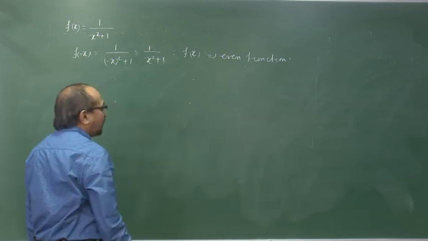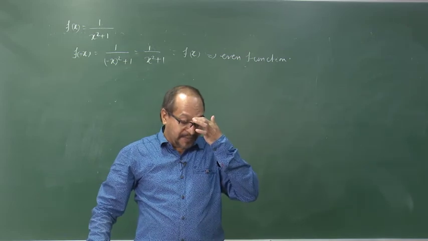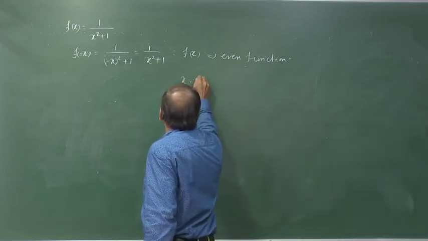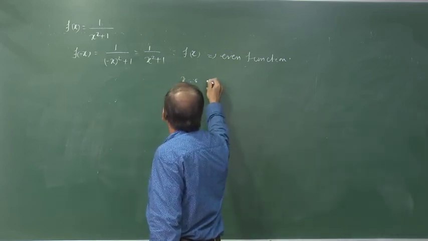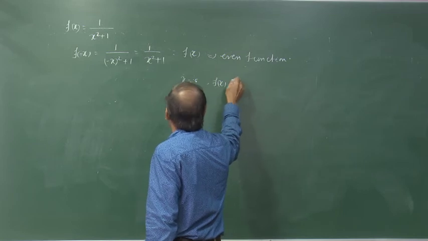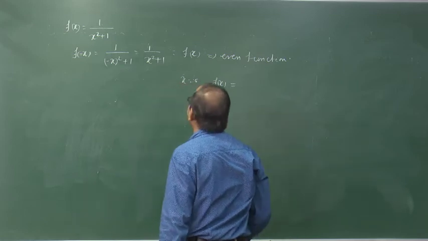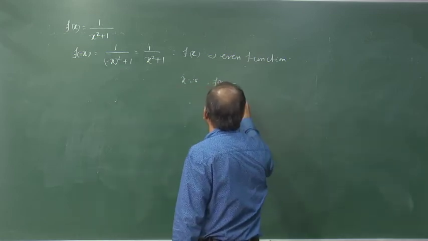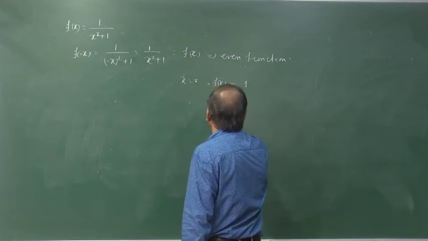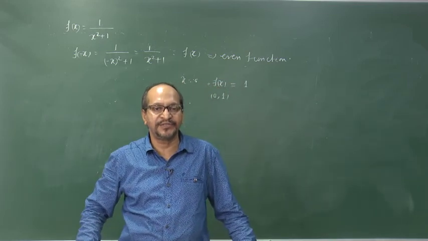Then what are the intercepts of the function? If we put x is equal to 0, then f of x is equal to how much? Of course, we will define for all values of x as real numbers here, and f of x also in the real number sets. Then if x is equal to 0, f of x is equal to 1. Therefore, the y intercept is 0, 1. Okay. The function will intercept the y axis at 0, 1.